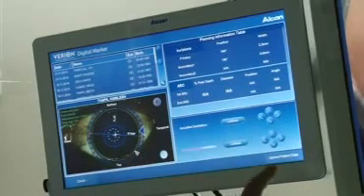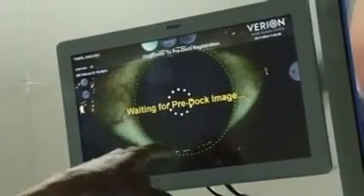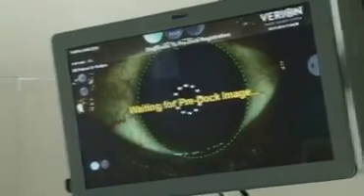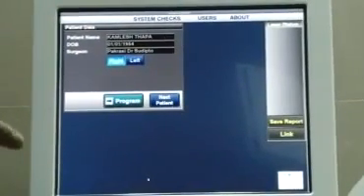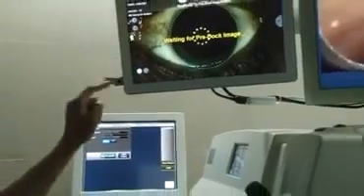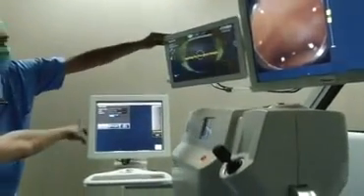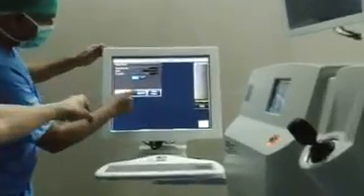Right. What we do is we upload the data by pressing this, and we are looking for a pre-doc image. Now I want you to look at that screen. Immediately we see on the main screen the patient's data has entered. Now what you need to see is there's a USB drive here. This USB has gone into the virion. We selected the patient from here, and after we upload, you can see the entire data there. Now, please press the program.